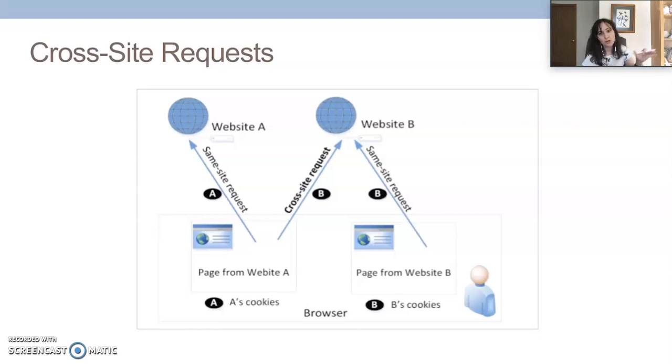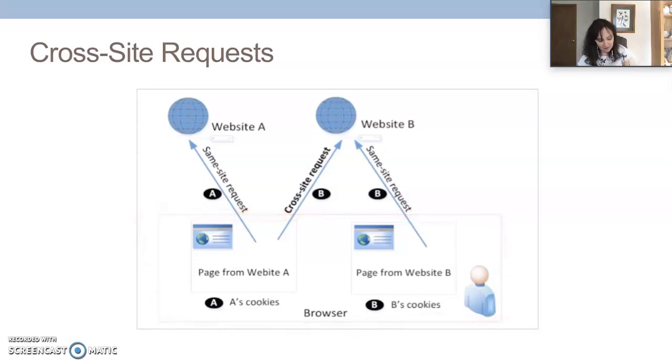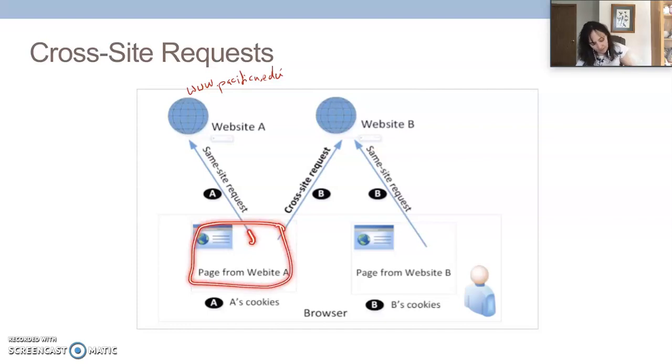Okay, now that we've covered cookies, we're going to look at what requests are. Okay, so what do I have here? I have a user, Lego man user, and I have a browser. Okay, and let's say that they open a tab, right, and they're requesting a page from website A. Okay, so let's say web page A is www.pacificu.edu. Okay, so then what happens is, in the browser, I send that request, that HTTP request, to the website,